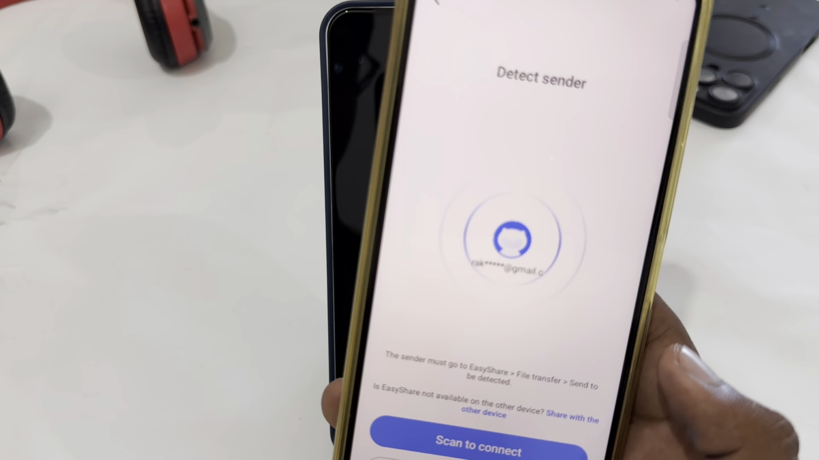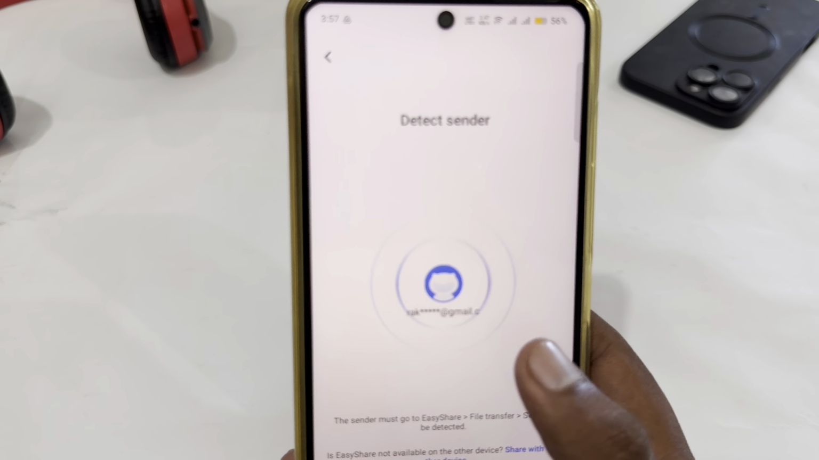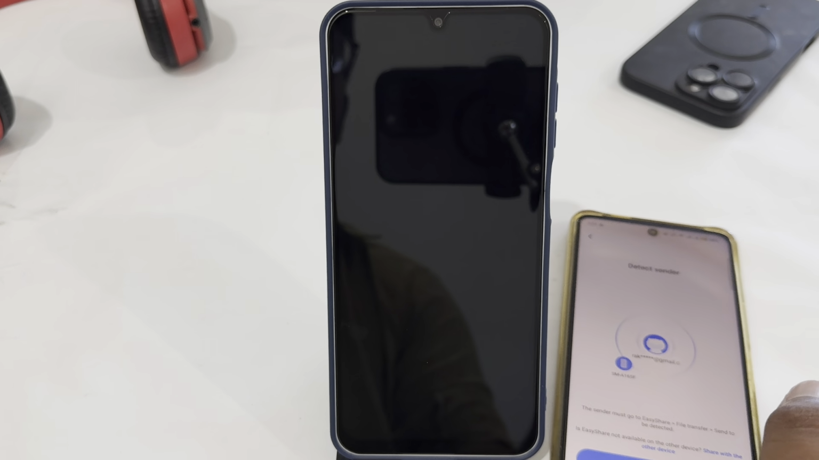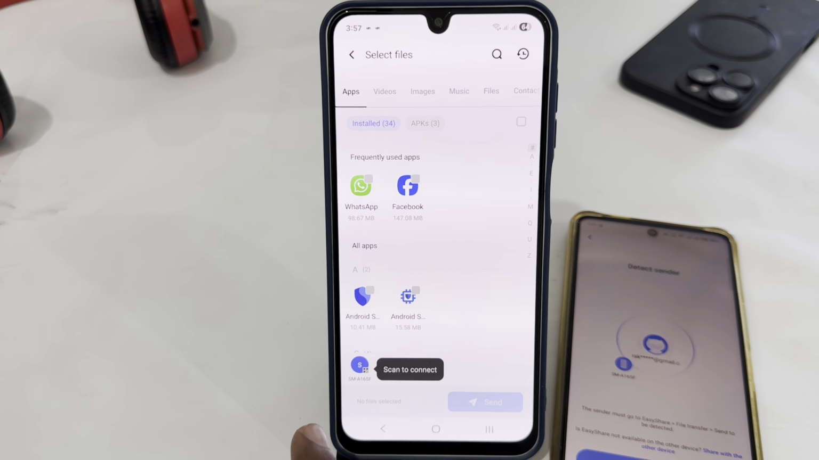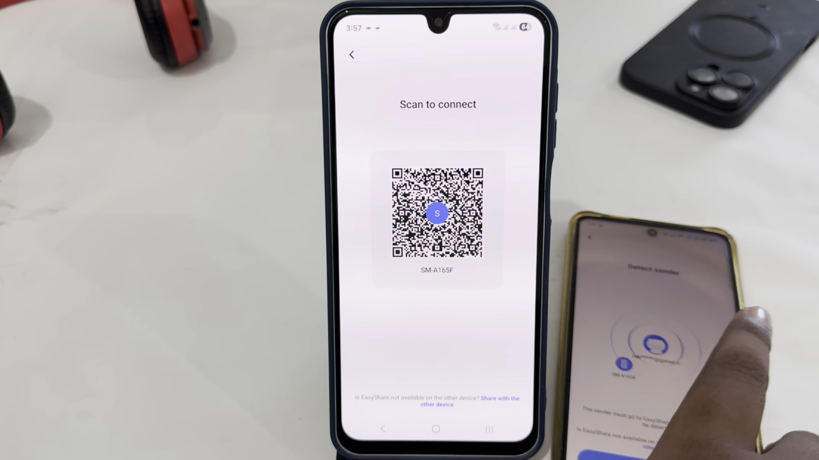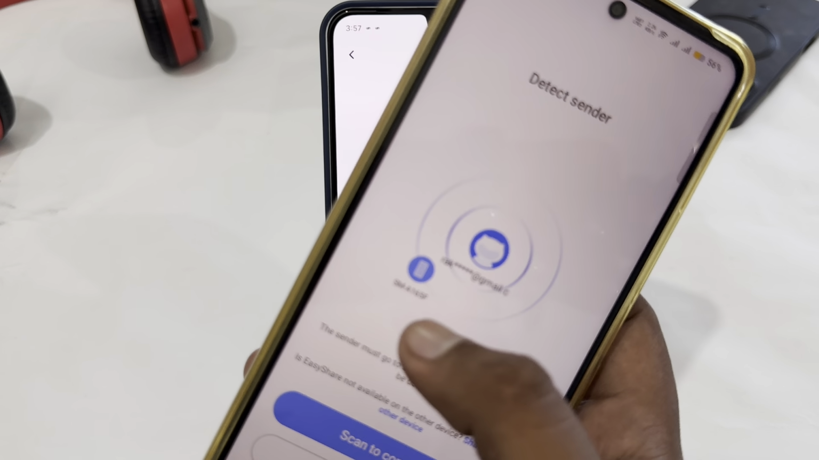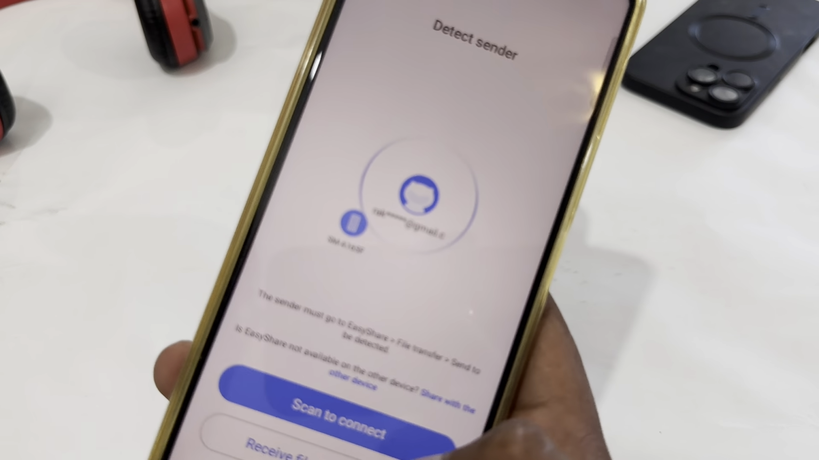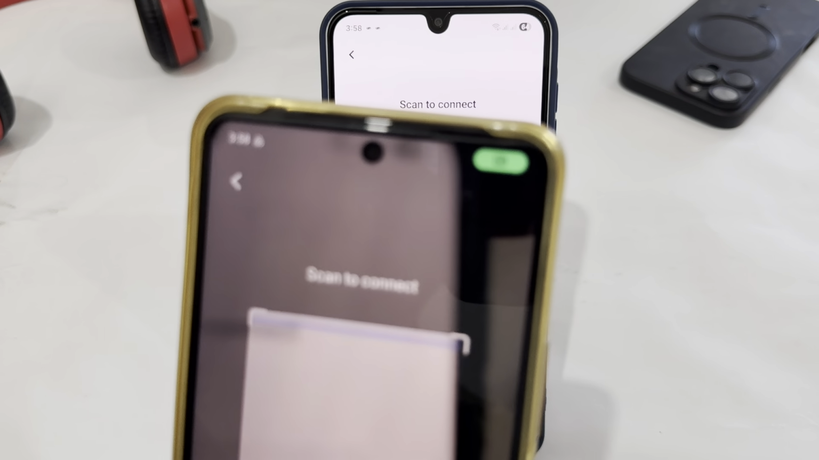So it will scan for nearby devices, but if you don't get the device here, you just have to open the first phone and here just tap on this icon. Here scan to connect, just tap on it and here you just have to scan this QR code by the scanning option. You can see here the device available, but I'm going to scan to connect. Just tap on it and then you just have to scan the QR code